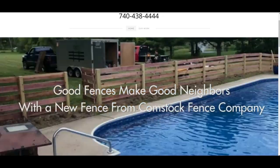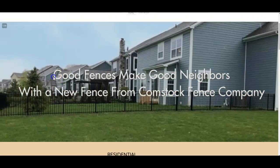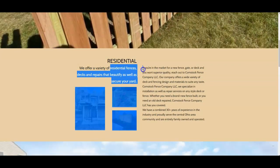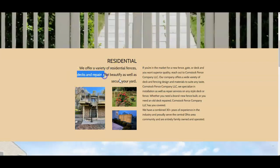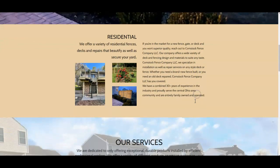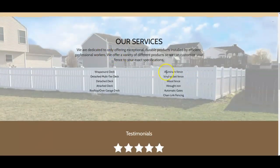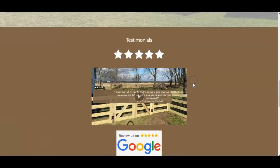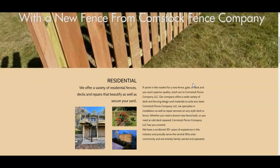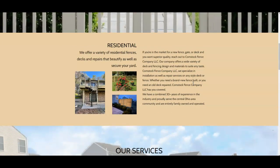Okay, so now we can look at the website. Good fences made. Looks like that's part of the video. But you can tell how they're including certain words here. Fences, Fence Repairs, Comstock Fence Company, Central Ohio area. They're mentioning the location as well. Services, talking about some services they do. Testimonial. So they have a small amount of content with a little bit of keywords,